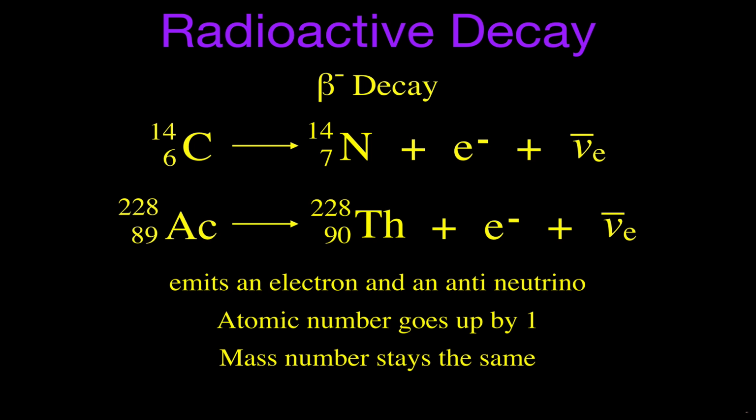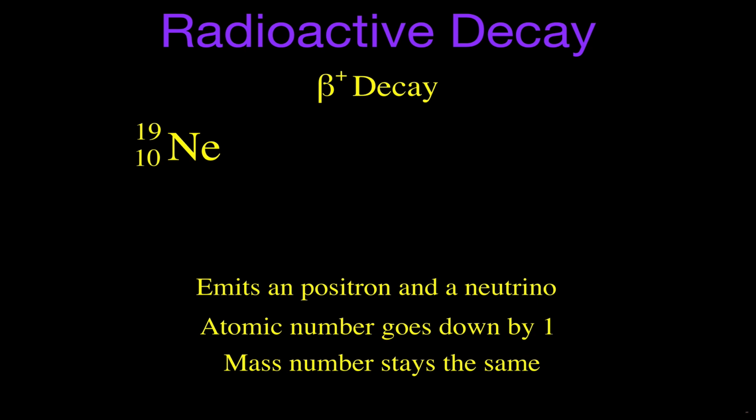So actinium undergoes beta minus decay to become thorium-228. That's beta minus decay. Let's do beta plus. Now, I don't think beta plus is necessarily the opposite, but you can think of it that way, because instead of emitting an electron and an antineutrino, it emits the opposite particles, which is the positron and the neutrino, and this is